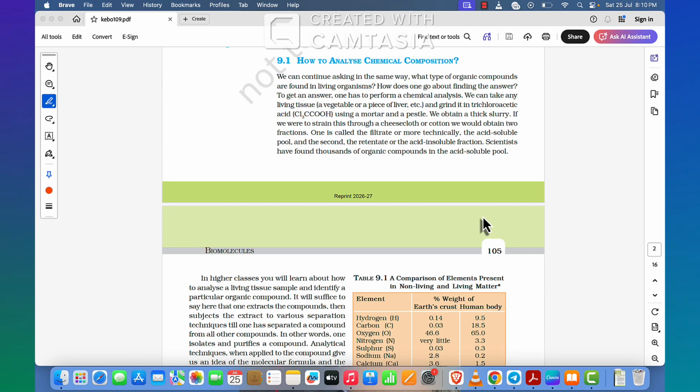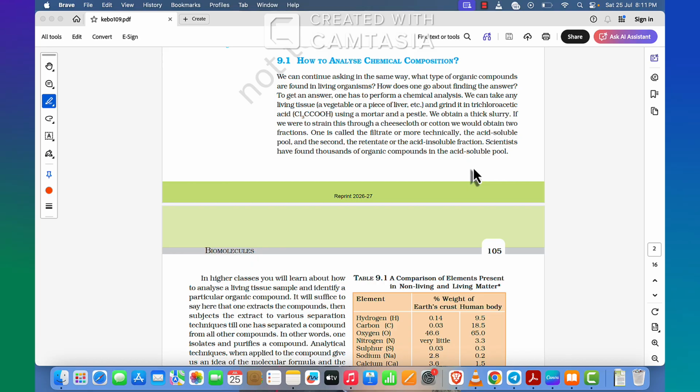How to analyze chemical composition? We can continue asking in the same way what type of organic compounds are found in living organisms. How does one go about finding the answers? To get an answer, one has to perform a chemical analysis. We can take any living tissue, a vegetable or a piece of liver, etc., and grind it in